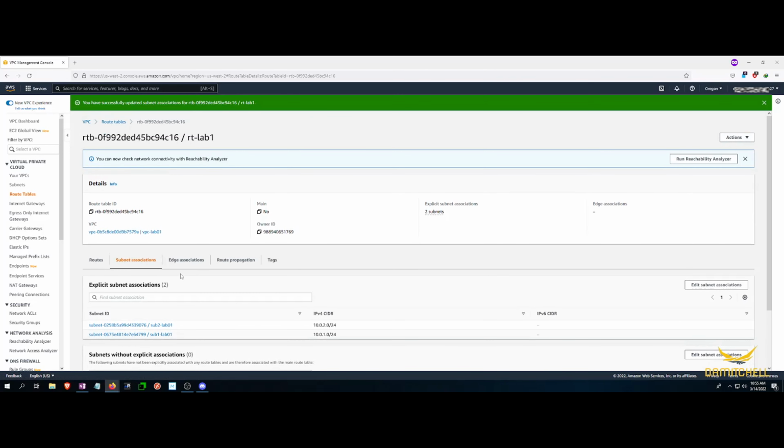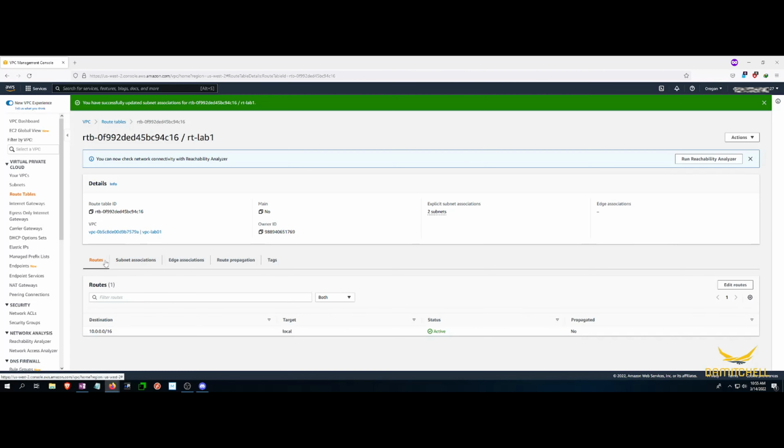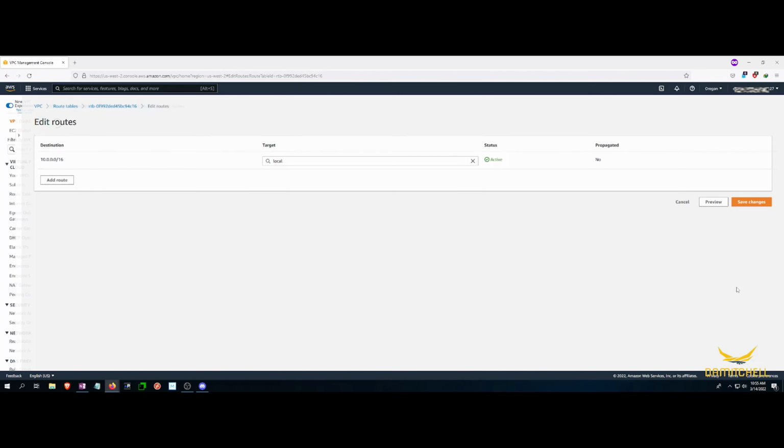Now the last thing we need to do is go ahead and give the route table the route that allows resources that are attached to this VPC to be able to get out to the internet. So how you do that? You go on to routes, which is right here. You click edit routes,